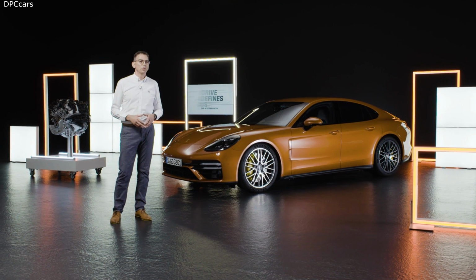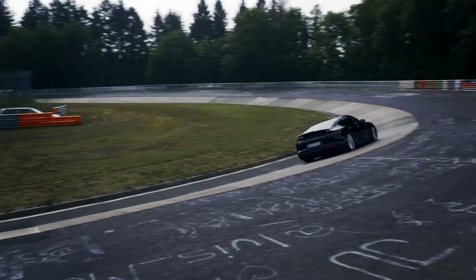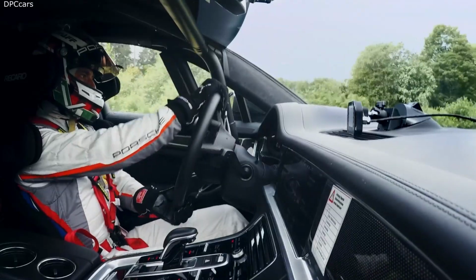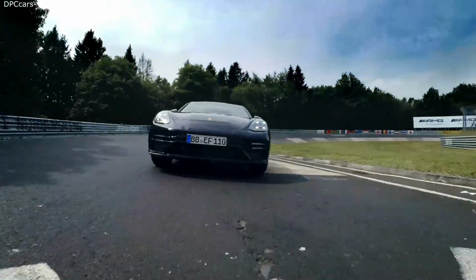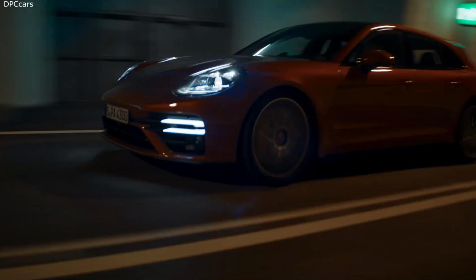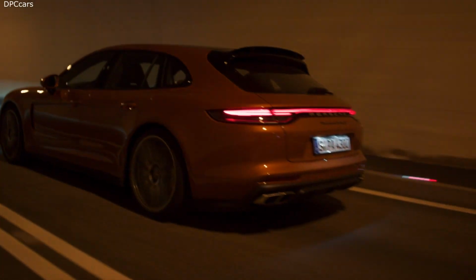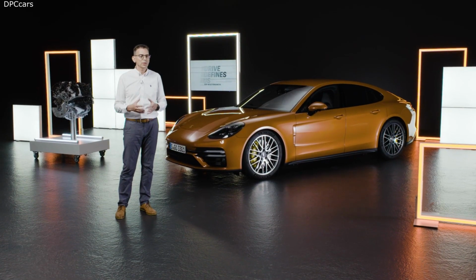The new 4-liter V8 bi-turbo engine has been fundamentally optimized for the Panamera Turbo S. The crankshaft drive in particular has been greatly reinforced. The crankshaft, connecting rods, pistons, timing chain drive, and also the vibration damper have all been modified. All these measures make it possible to increase the cylinder pressure to 125 bar in order to generate